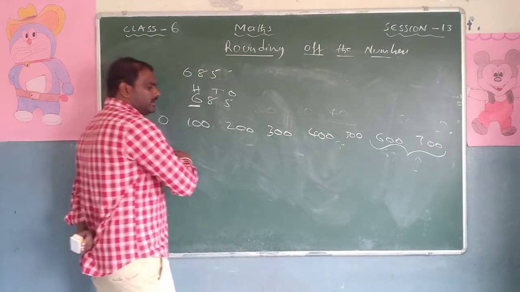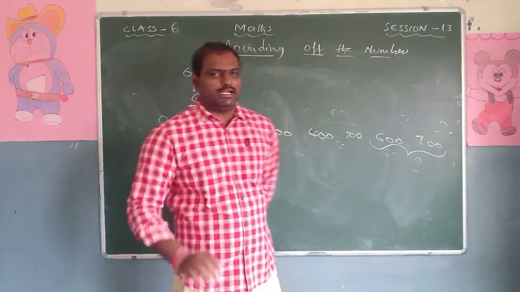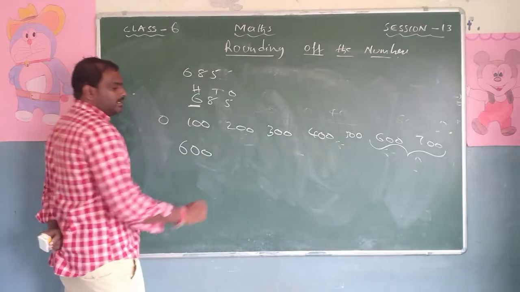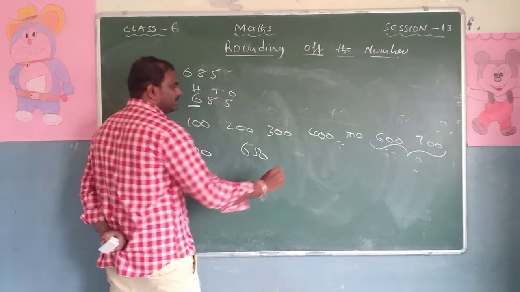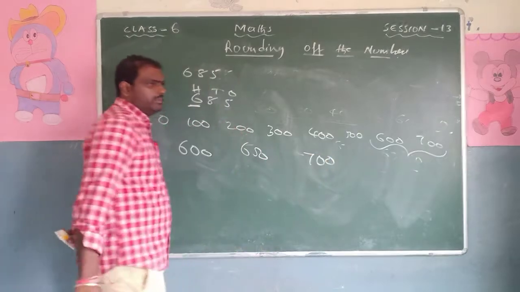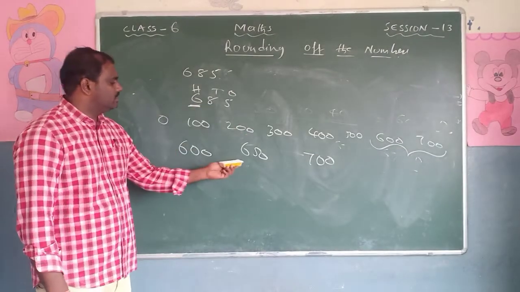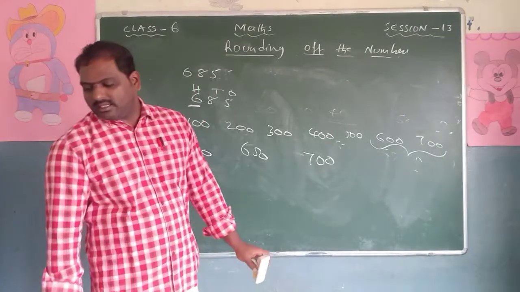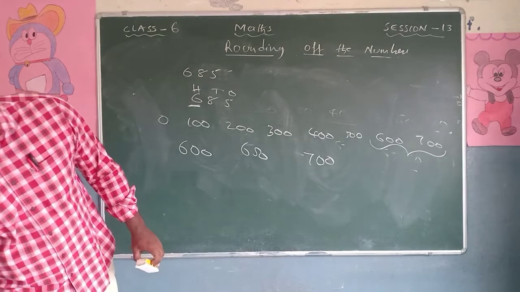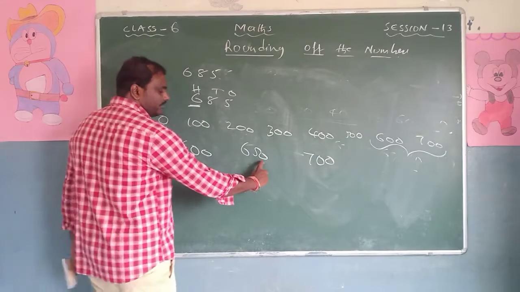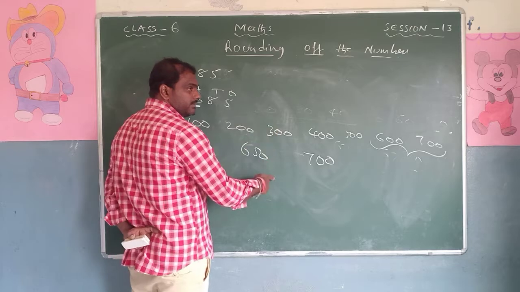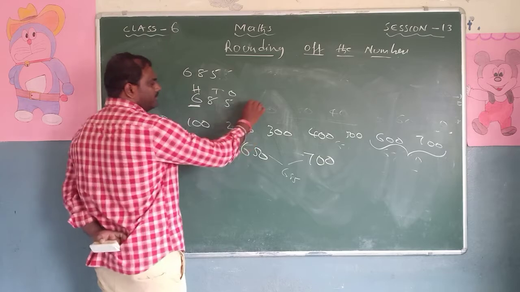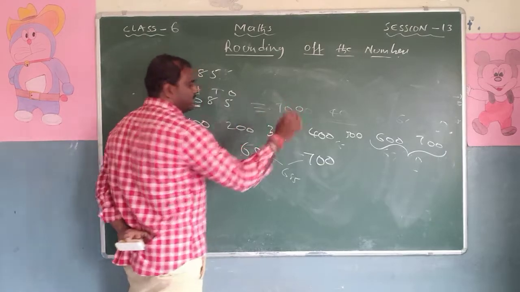Now don't write 601, 602, 603 ఇలా రాయకండి. ఇలా రాయకుండా ఏం చేయాలంటే very simple. 600. What is the middle number? 650. What is the next number? 700. ఇప్పుడు మన నెంబర్ 650 కంటే తక్కువ ఉందా 650 కంటే ఎక్కువ ఉందా చూడాలి. ఎక్కడ ఉంది? తక్కువ సార్ అని చెప్పొద్దు. Because 650, 660, 670, 680. So this will be in between, 685. So therefore the nearest 100 is 700.